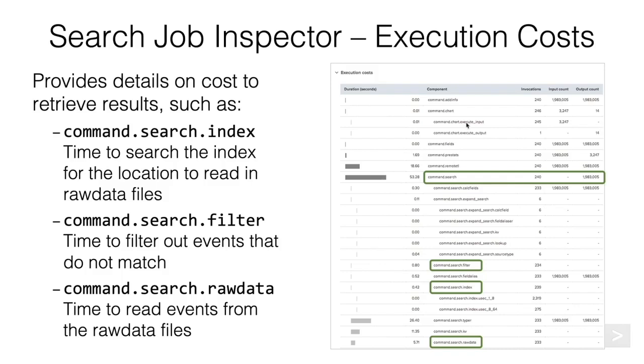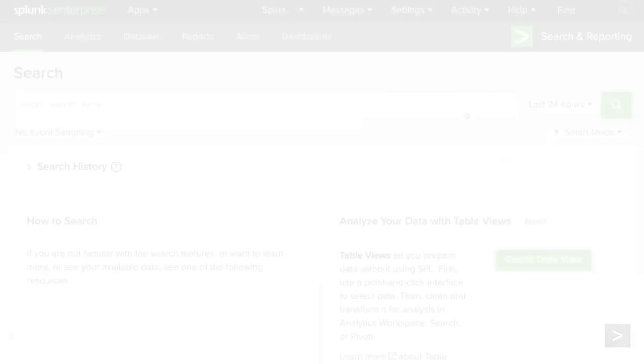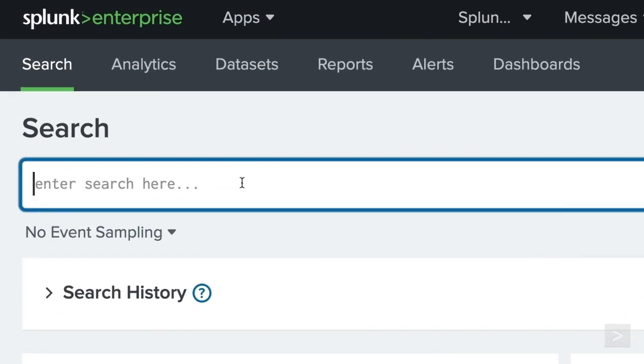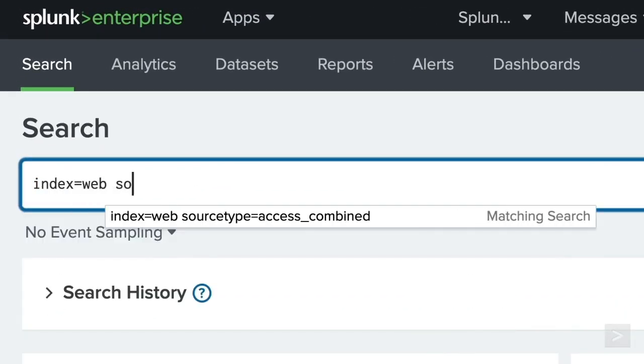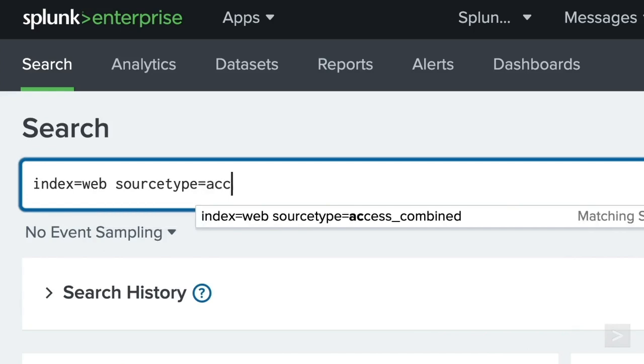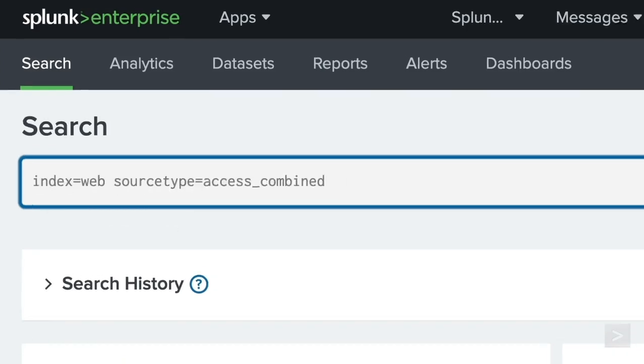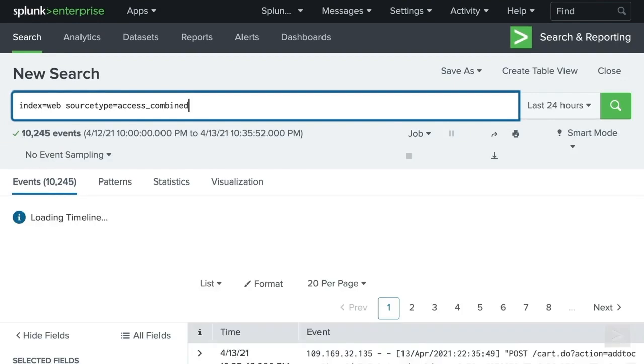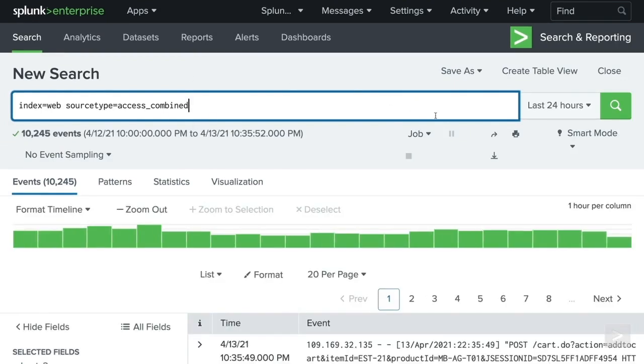Now switching over into a demo and taking a look at our web data, which is stored in the web index with the source type of access combined. We are interested in looking at this web server data that has come in across the last 24 hours. And if we examine these